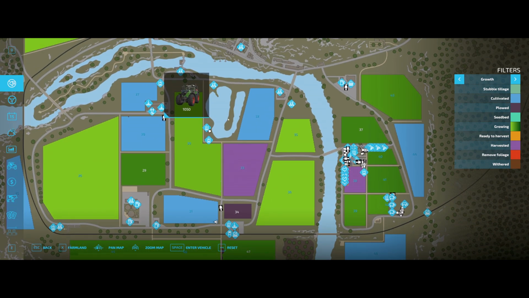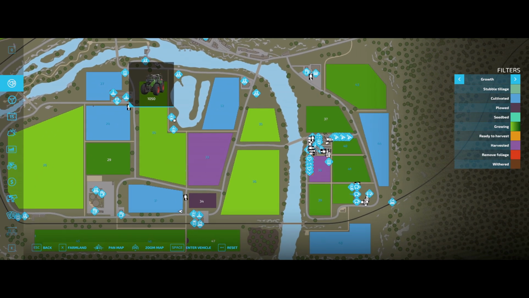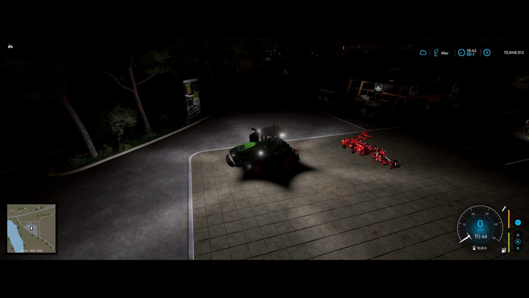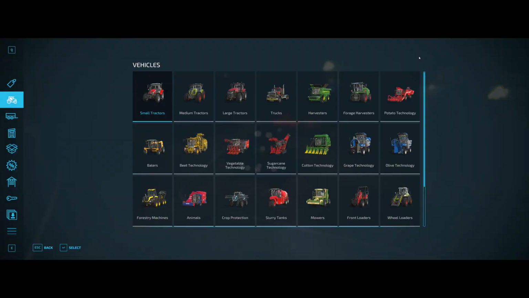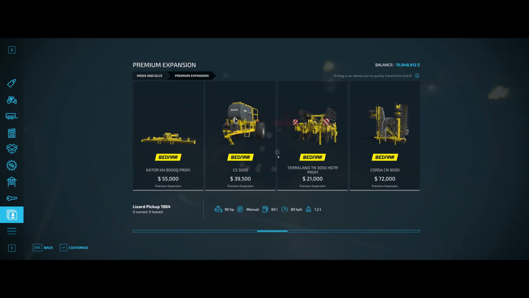And as for our red beet, carrot, and parsnip, there is a lot to farming around these plants. So let me quickly walk you through this. These plants were added as part of the premium expansion, and if you look in the premium expansion pack, you will see